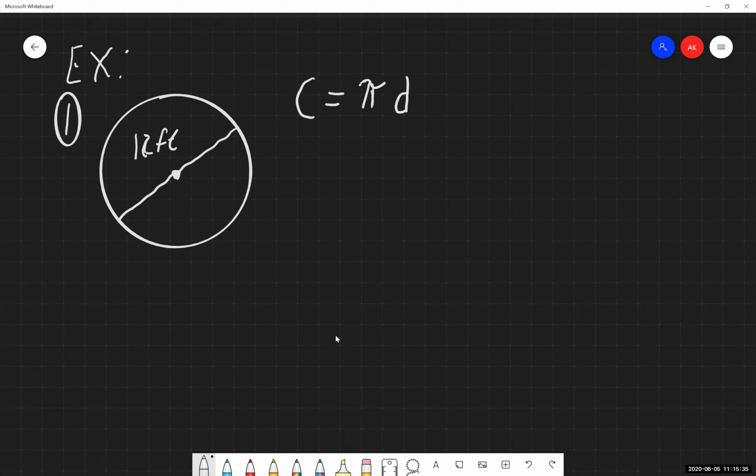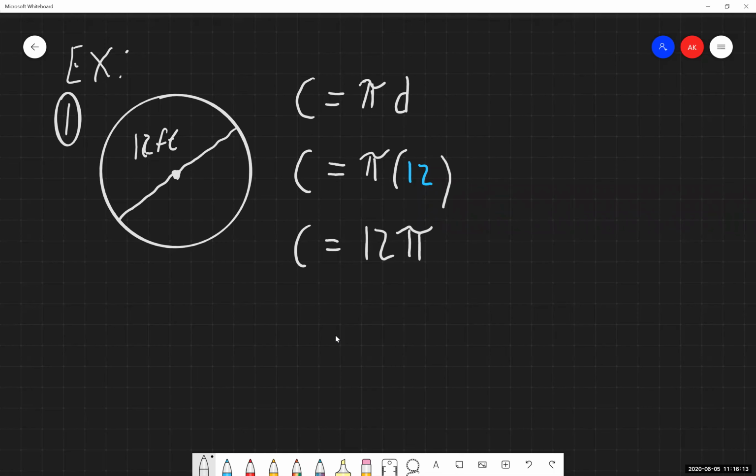So we're finding the circumference. We have been given the diameter. Fantastic. I'm just plugging in 12 for the diameter. So that's the information that I have been given. So we're getting C is equal to 12 times pi. Now, I'm going to go through solving several of these before we get into plugging 12 pi into the calculator. So for now, we're going to leave our answer like this.